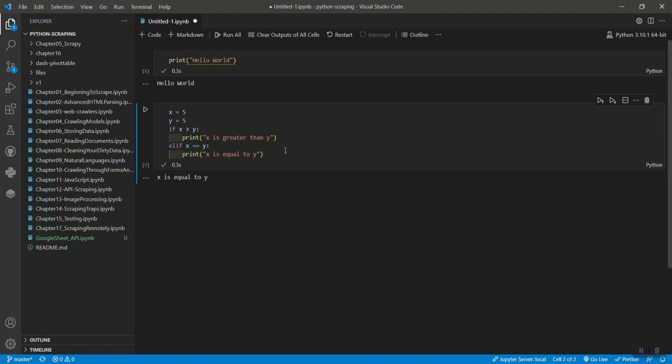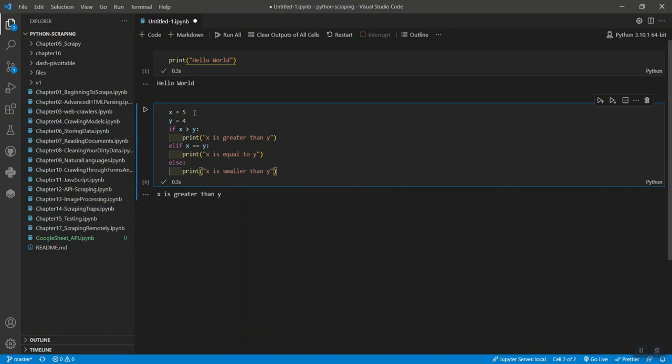Now the second condition is getting fulfilled, and if I change it to 4, then the first condition will be fulfilled. To cover everything else, which is essentially x is smaller than y, I don't need to mention it, because if I say else, that means I'm covering everything else. So I will again use print x is smaller than y.